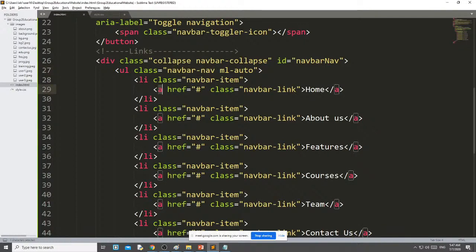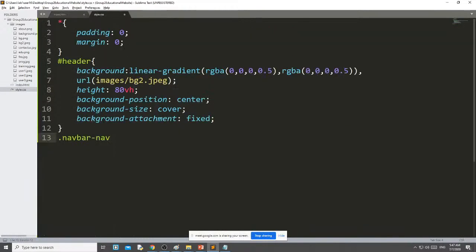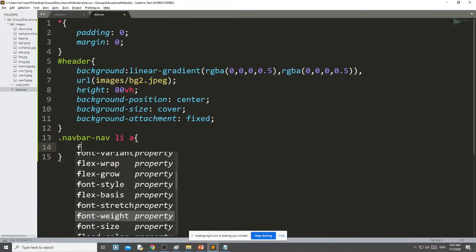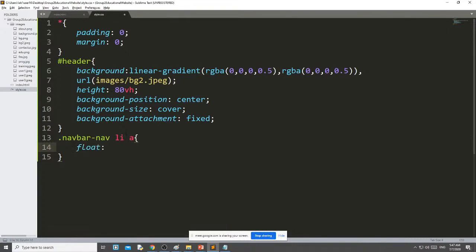This A element is under which element? Li element. That's why I have to write here, dot navbar-nav space li space a. Okay, then this A I want to see on the right side. That's float right.